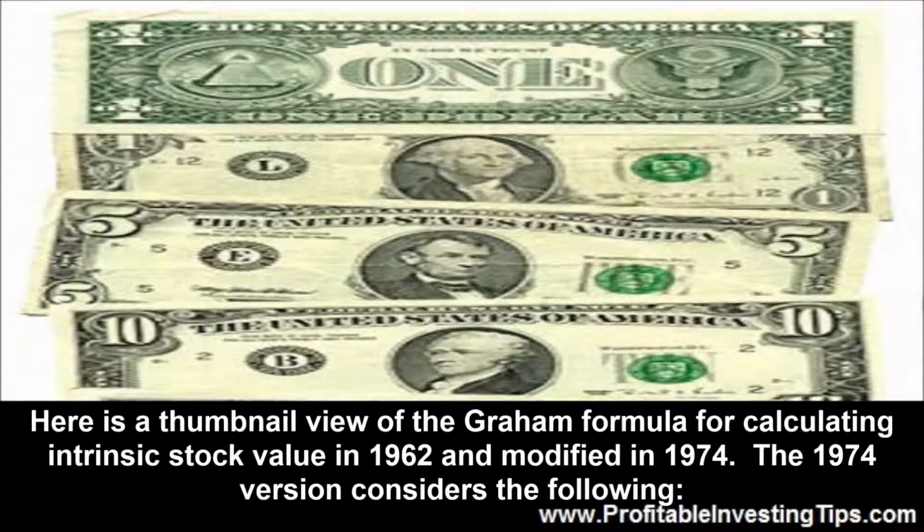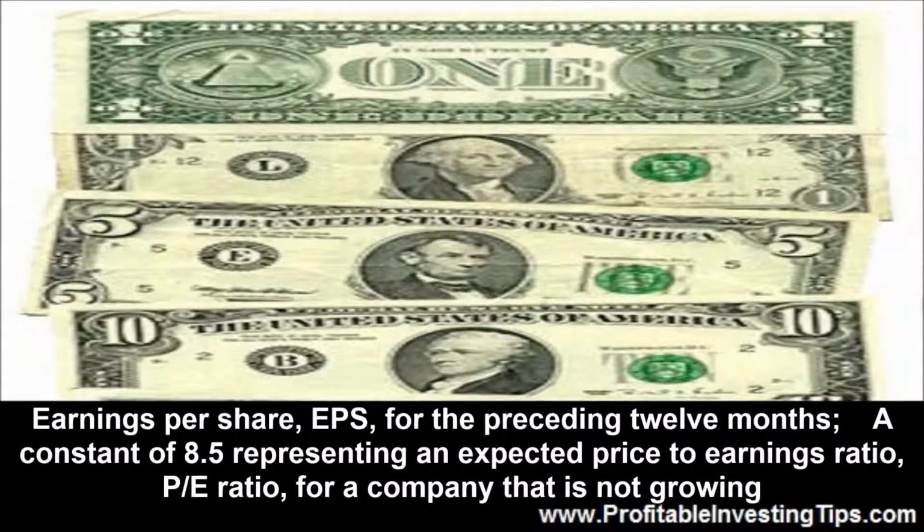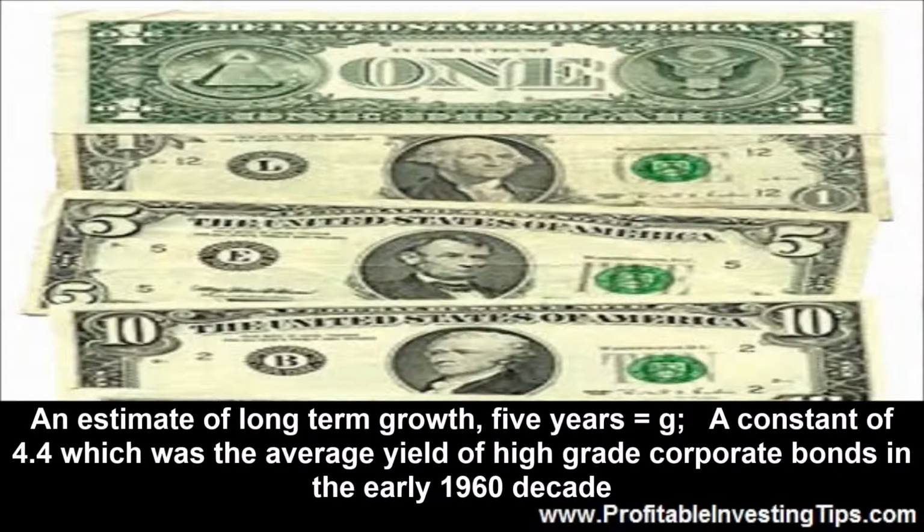Intrinsic stock value. Here is a thumbnail view of the Graham formula for calculating intrinsic stock value in 1962 and modified in 1974. The 1974 version considers the following: earnings per share, EPS, for the preceding 12 months, a constant of 8.5 representing an expected price-to-earnings ratio, PE ratio, for a company that is not growing, an estimate of long-term